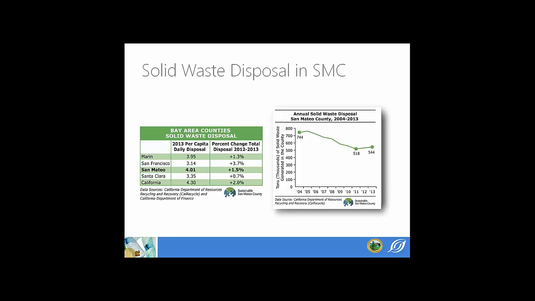This gives you an idea of how San Mateo County falls into that per person generation as compared to some of the other local counties and as compared to California. When compared to California, it's lower than the statewide average. Compared to some of the other counties in the Northern California area, it's slightly above, but Northern California is amazingly aggressive and has done some great things.